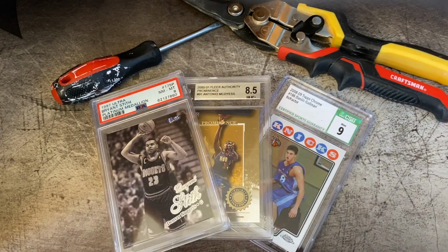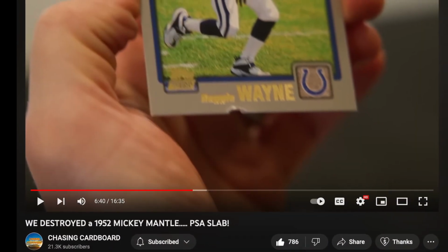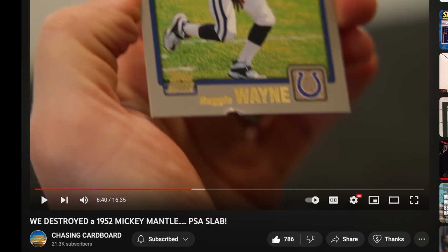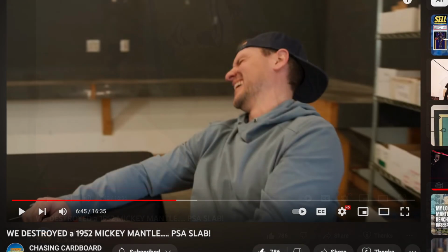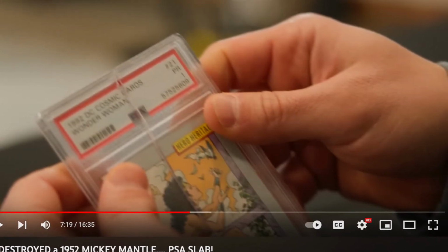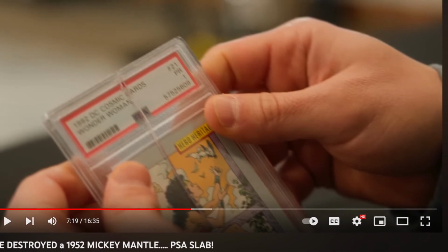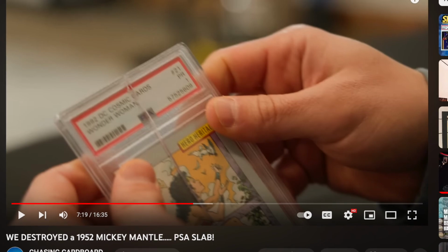And I do want to caution people that there is always a chance that you mess up your card by cracking it out of the slab. That's just the reality of it. Even if you follow this safer method that I have here, it doesn't mean that there's a 100% success rate. I've definitely messed up my fair share of cards in the past. Honestly, that's only a couple cards. Maybe you want to try on a lower grade card, one that you're not as concerned about if you do mess up, just to get that practice in before you go and break out your '97 PMG or something like